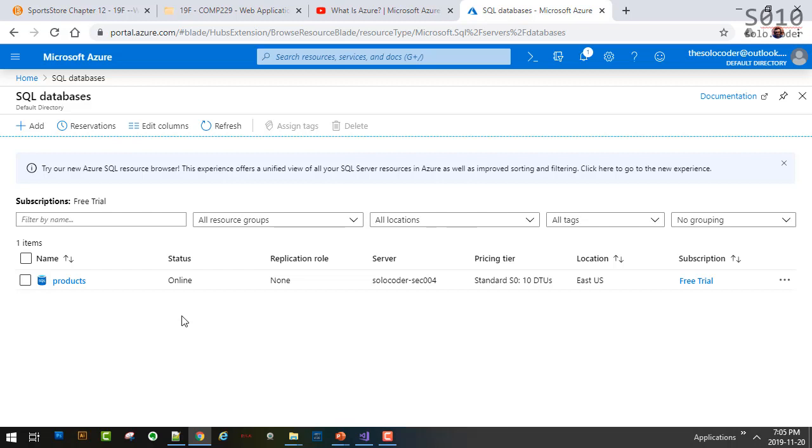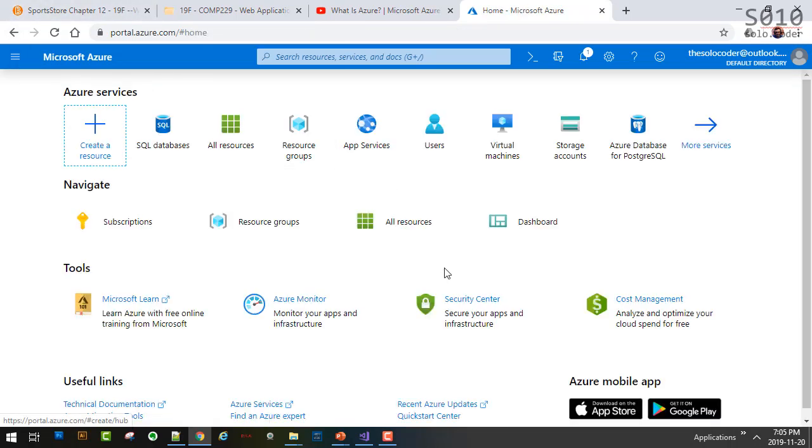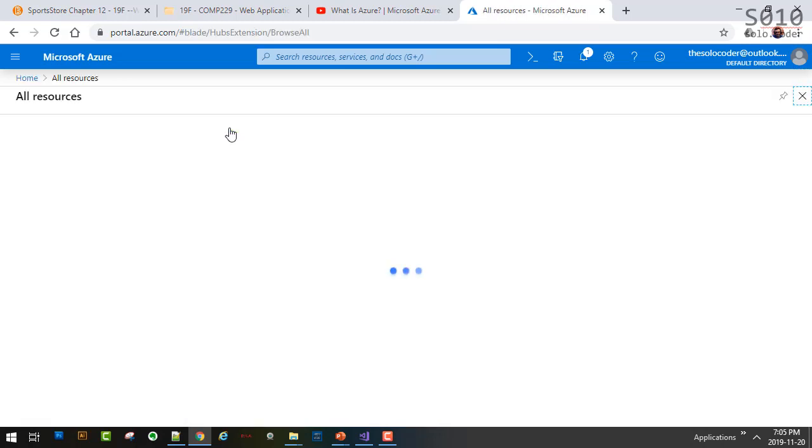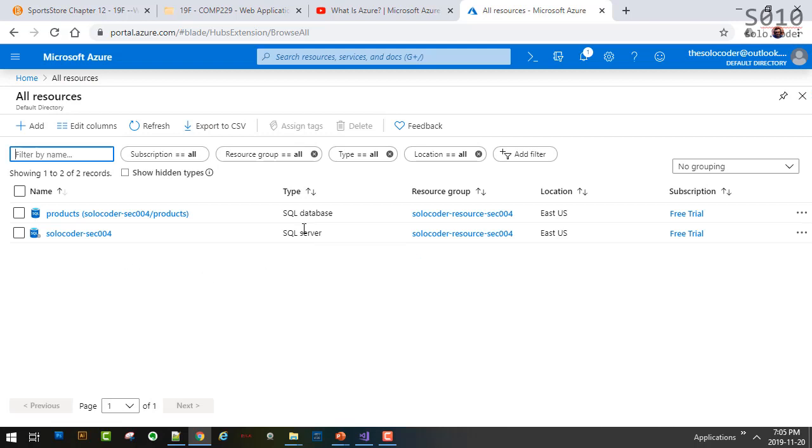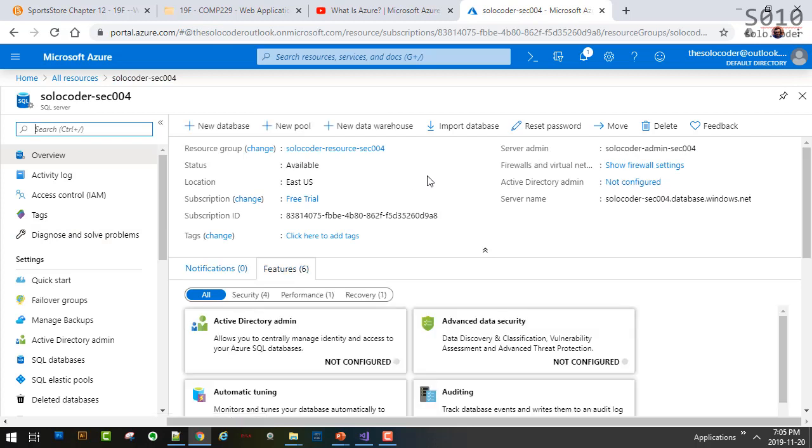So while the second database shows up, let's do something under our new server. So let's go back to the home here. And now, under resources, now we see the database that we created, products, and we see our SQL Server. Okay, so we're gonna open our SQL Server, and we're gonna make a few adjustments to the